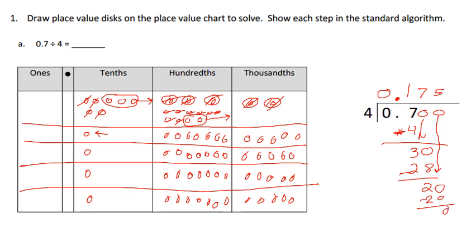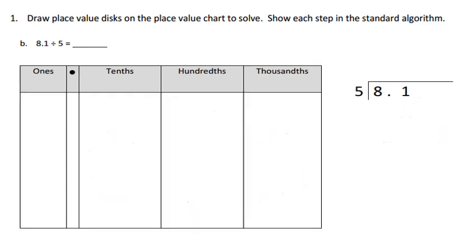If we look over on our place value, you can see we had 1 in each row. And we had 1, 2, 3, 4, 5, 6, 7 in each row. And we had 5. So our answer by doing it by place value was 175 thousandths, and by the standard algorithm was 175 thousandths. Our next one, we have 8 ones